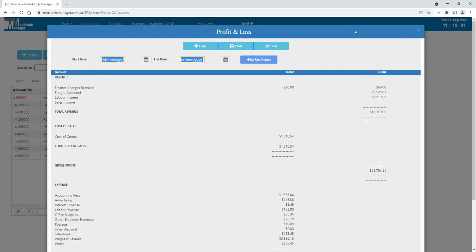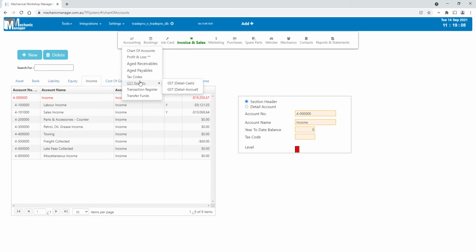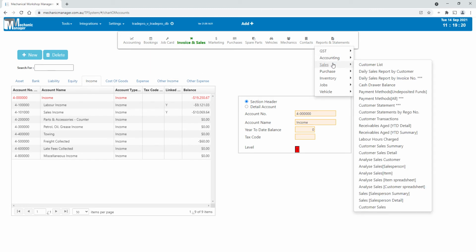You've also got a lot of reports. You've got aged receivables, payables, GST, cash detail, accrual reports. You can transfer funds between accounts, and there's a lot of other reports here as well. Accounting reports, sales reports. So you can send statements by email to customers, and you can also send statements